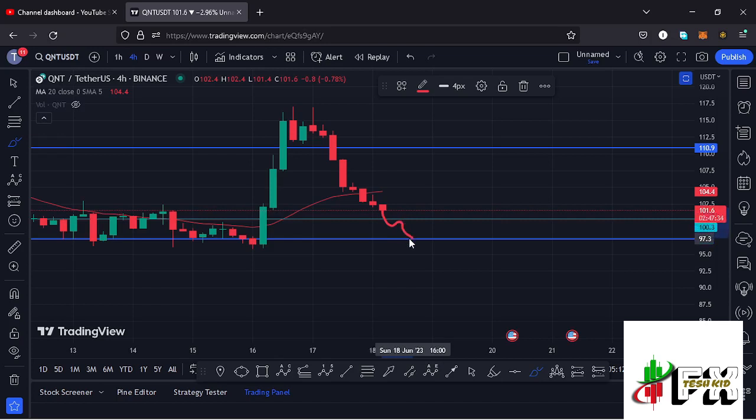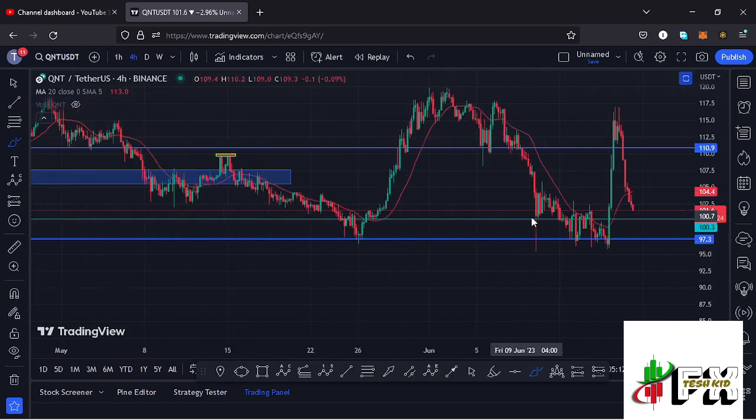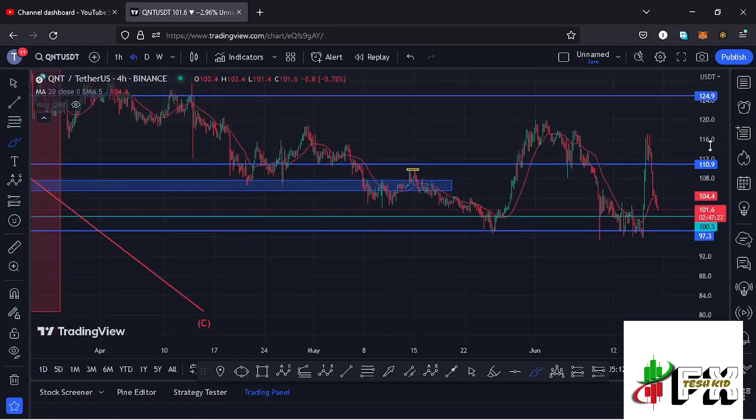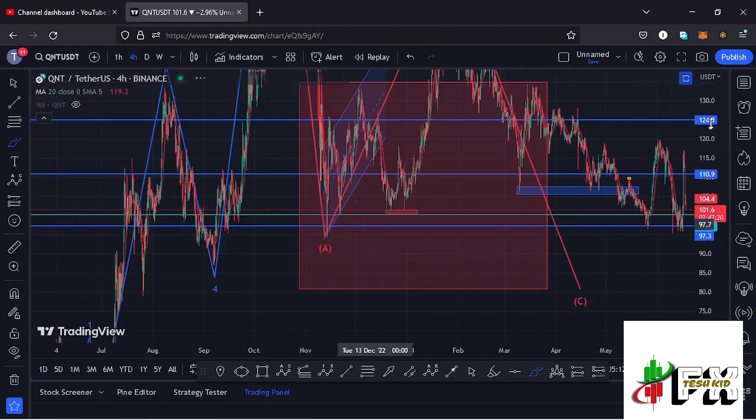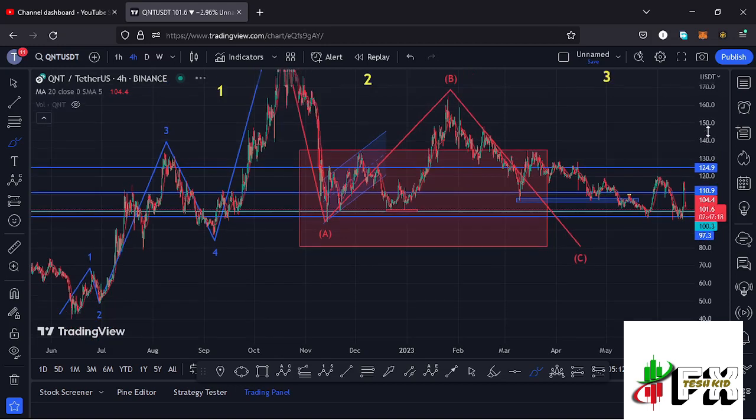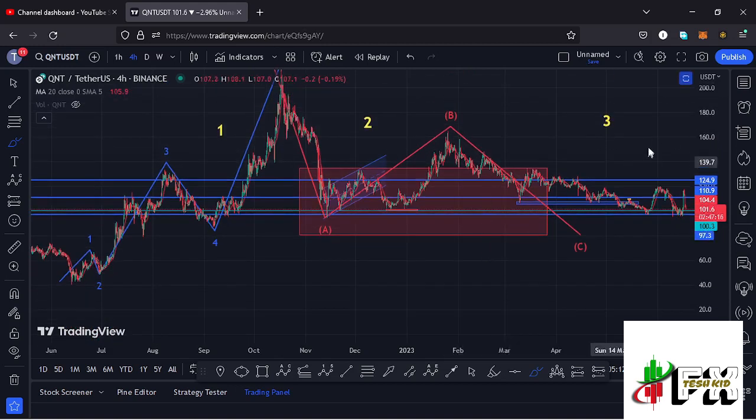And a break below the $97.3 mark, then that could give us a reset of a low that we have at around the $94.3 mark. Quant has also continued to obey the Elliott structures. And if I zoom out on the charts so that I can give you my Elliott analysis, you can see